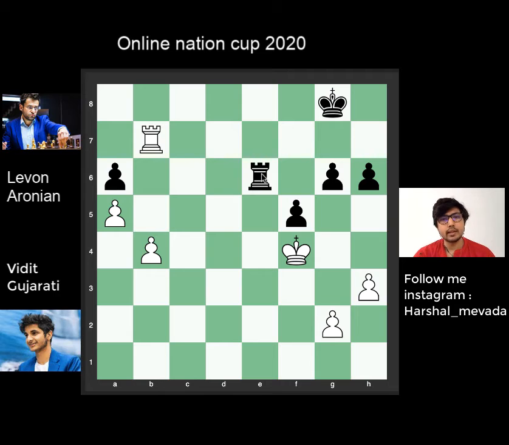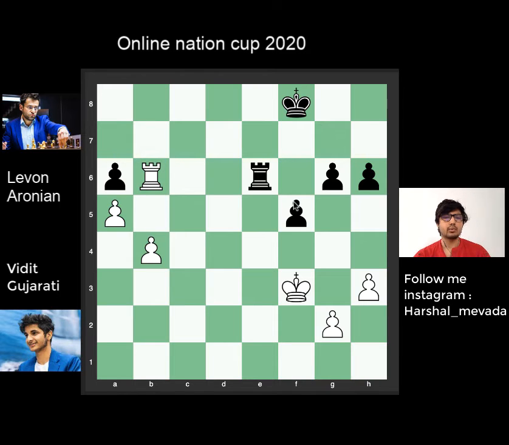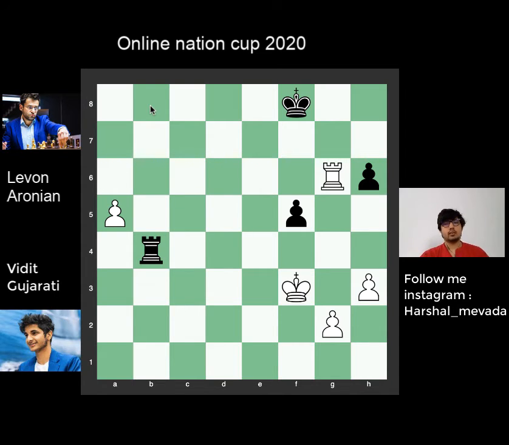So in the game, g6 was played. Yes, protecting this pawn, and king to f3, king to f8, and rook to b6. Yes, you can't exchange the rooks, because if you exchange the rooks, then simply this pawn will be very easily pushed and reach the 8th rank before the king can come over here. So here rook to e4, rook takes on a6, and rook takes on b6, b4. So now rook takes on g6, and